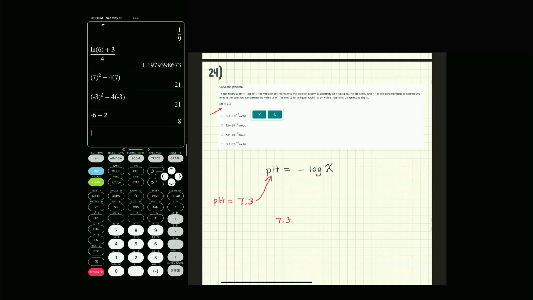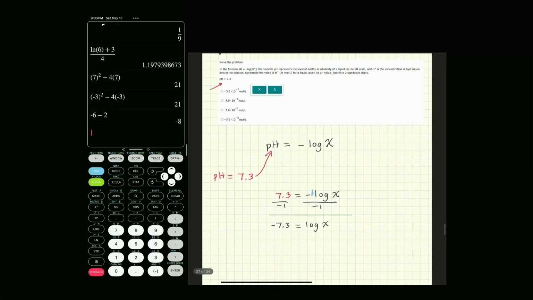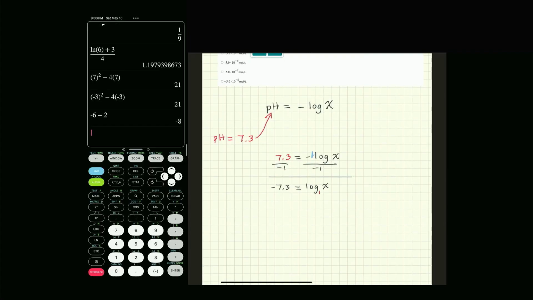7.3 equals negative log X. We're going to divide both sides by negative 1 because we don't want this negative 1 hanging out here. That leaves us with negative 7.3 equals log X. At this point, we should know that the base of this logarithm is 10, because if we don't see a base, the base is 10. Base raised to this power equals the stuff inside the log, which is what we want. We want to know what X is. So 10 to the negative 7.3